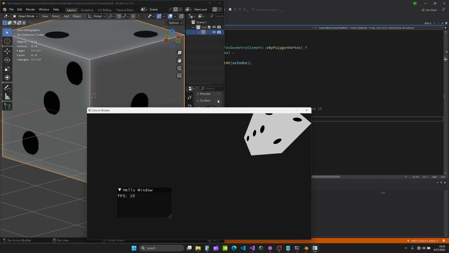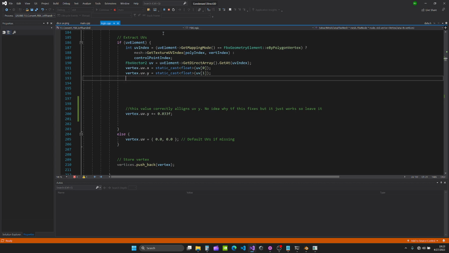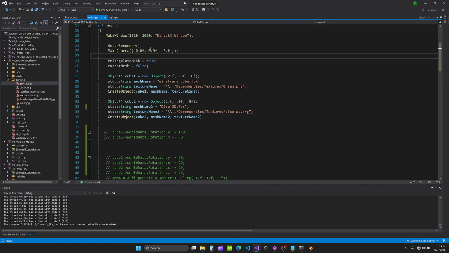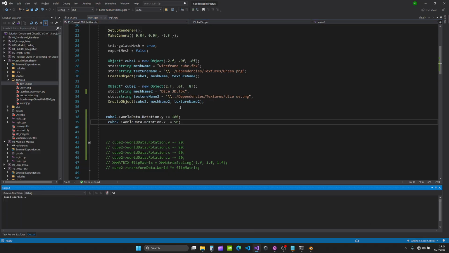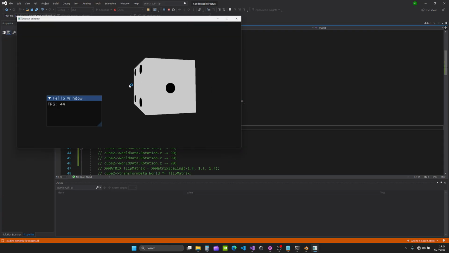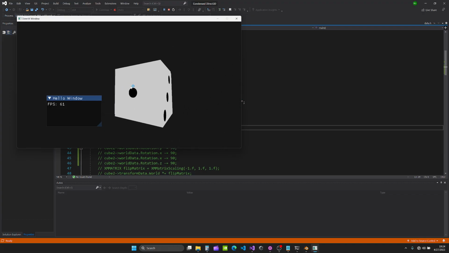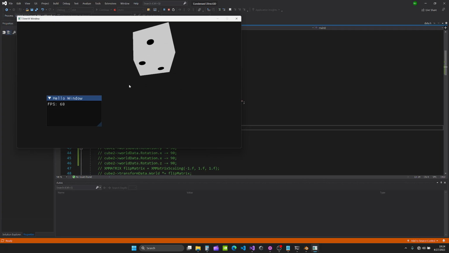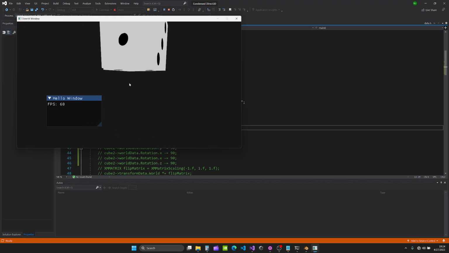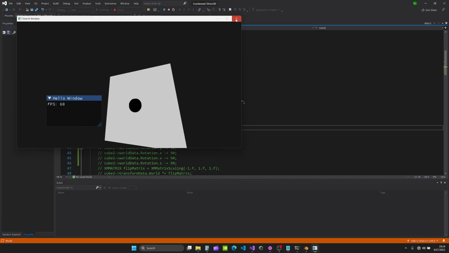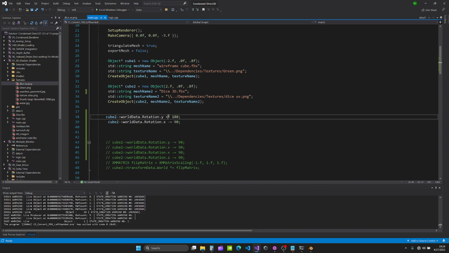Now that this random fix has been added, models can be accurately loaded. The intention going forward is to try and rotate this so that it looks the same way it's rotated in Blender by default. The hard part was figuring out what was wrong with the textures, which was manipulating the UVs wrong. Now the intention is to flip it around. This needs to be flipped because right now it's upside down, so the idea would be to do maybe the opposite of that, and if not, then try some other stuff with it